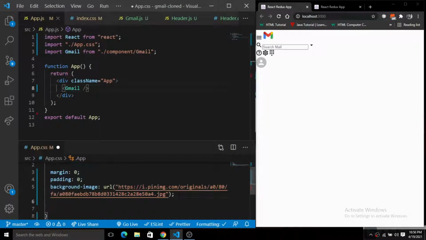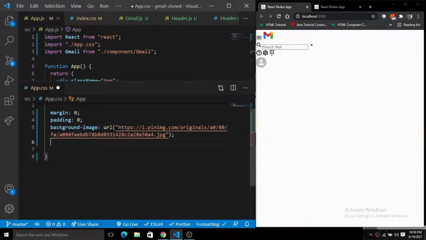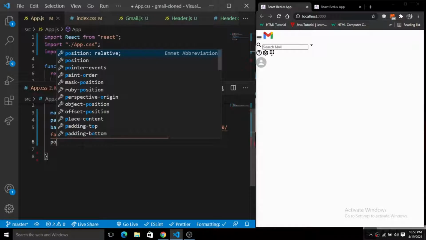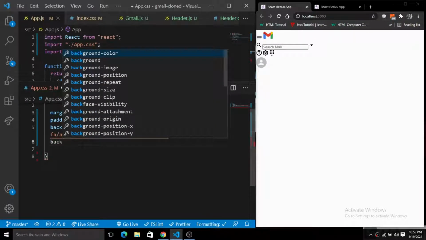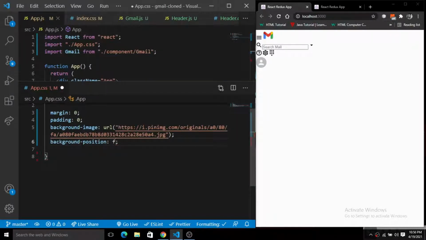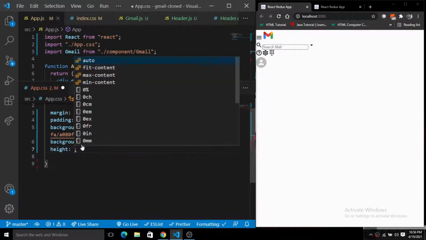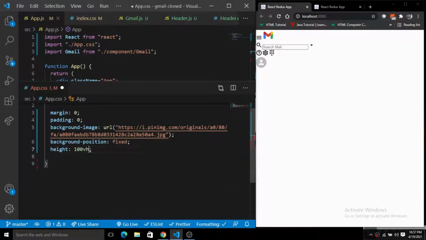So we have this background image here, and I'm going to simply fix this background position. So background position, simply put it fixed. And next we have a height. So simply put the height of 100 view height, right? And simply give a minimum height.